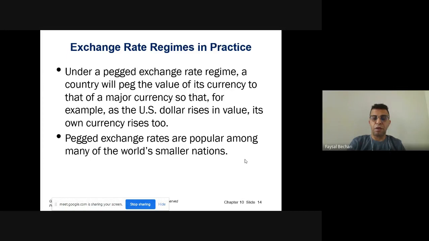Pegged exchange rates are more popular among many of the world's smaller nations because they're not into that big world of exchanging. So they just peg it against one country so they can focus on keeping their rates